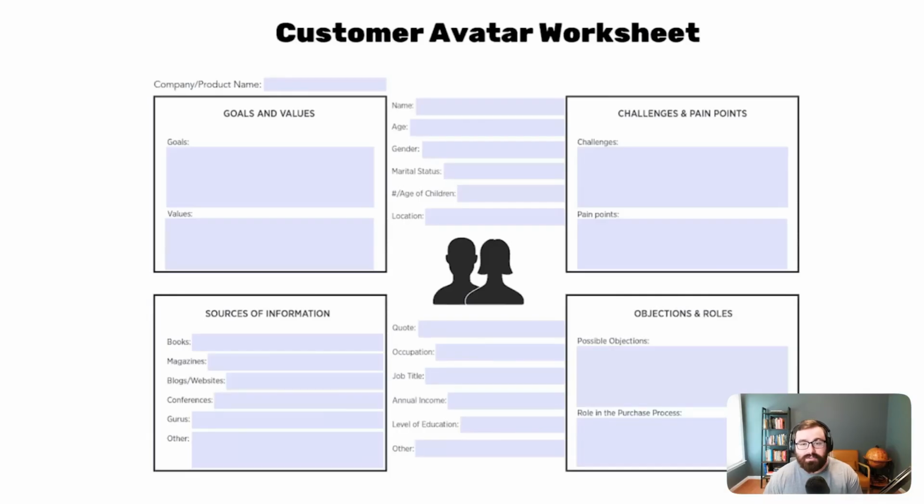Tip number 2, you need to research and talk to your market of one. You should create a reader avatar document using the person or persona, describe them in detail, get on a phone call with them, ask them questions, and fill out a customer avatar worksheet like this. Like I mentioned before, the slides for this will be down below in the description, so you can check this out and fill it out on your own time.